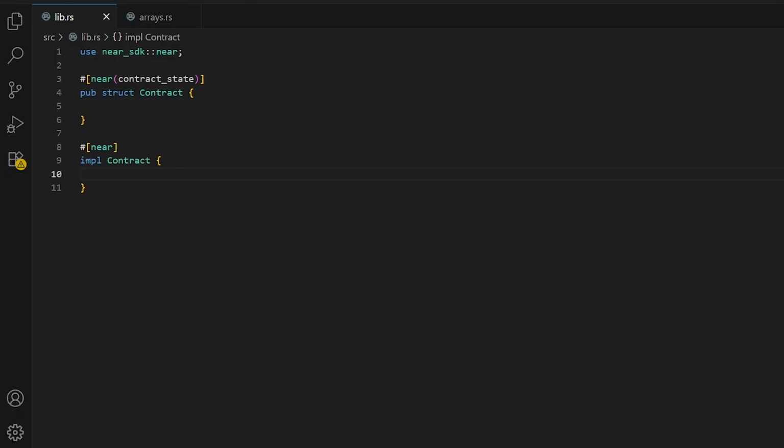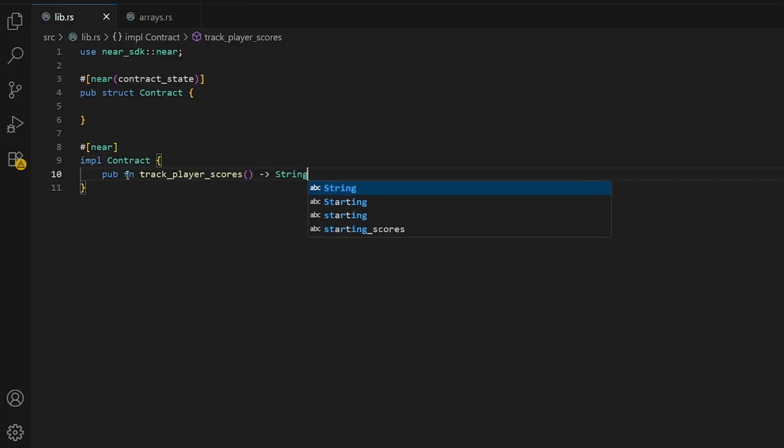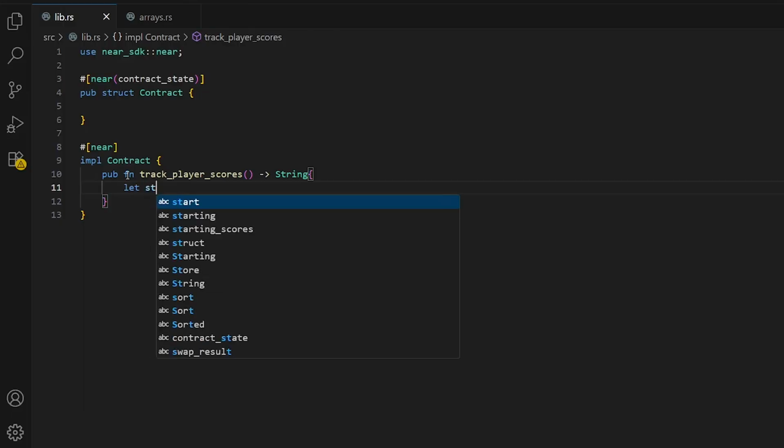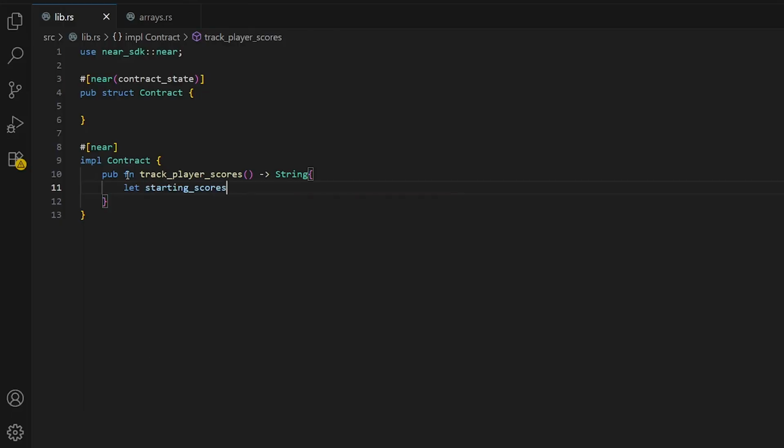Let's start with our first smart contract function that tracks player scores in a game. So let's create a public function, track player scores, that will return string, and let's create our own array. Starting scores will be user2, we'll have 5, and here